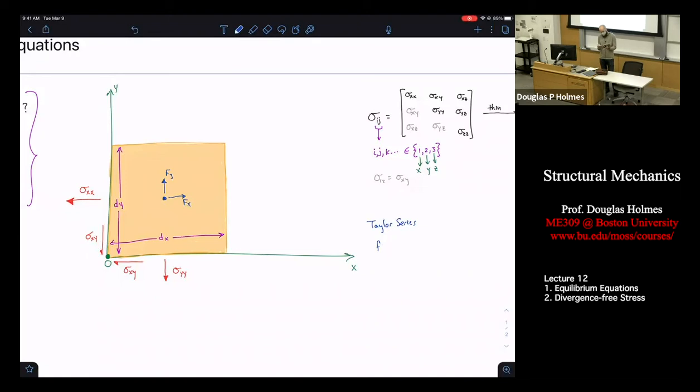So if I want to do a Taylor series expansion around the point A, then I would say, well, I have f of A, and then I can add to that f prime at A over 1 factorial times x minus A plus f double prime